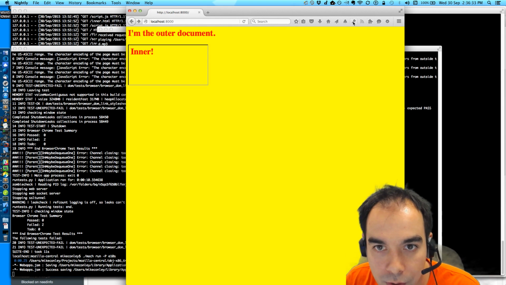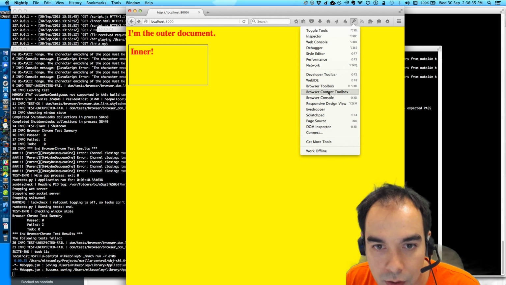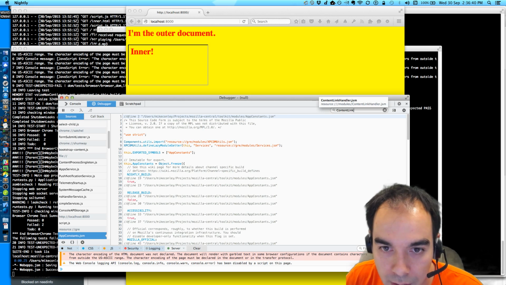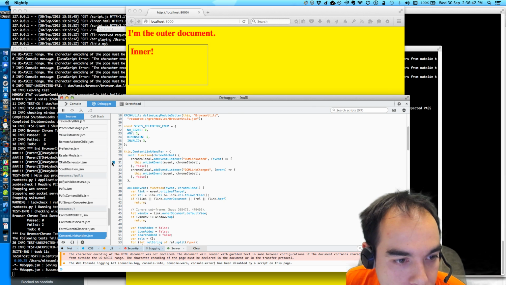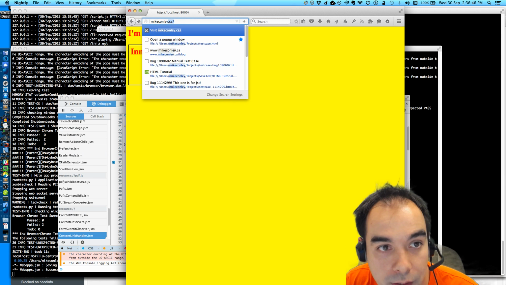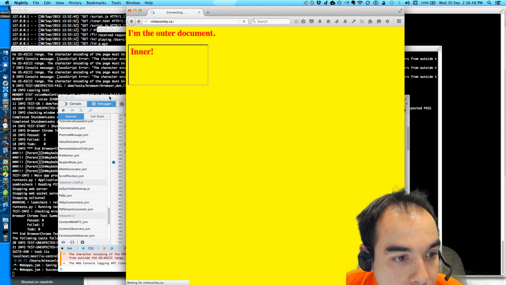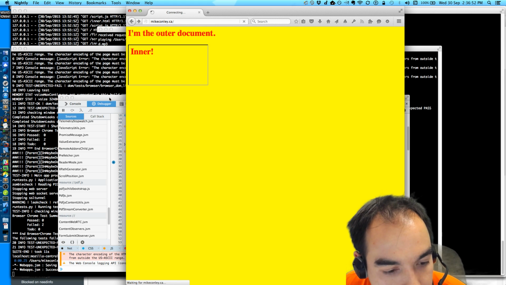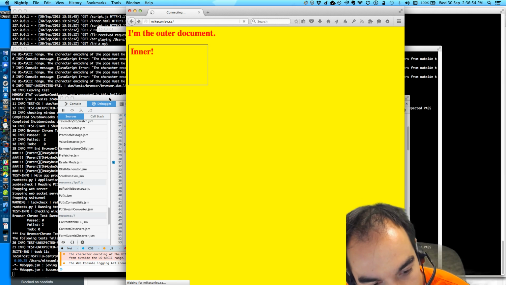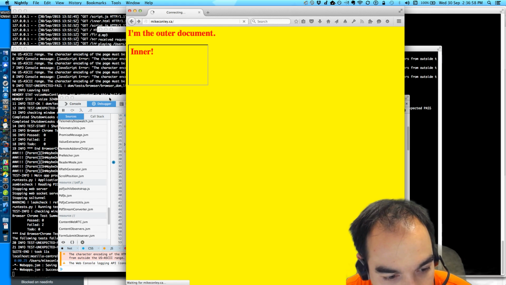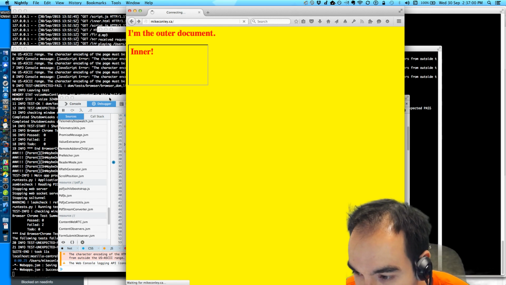Let me just double check. So, I'm going to go to another page. Content link handler. So, DOM link added, and we're going to go to mikeconley.ca. And my slow server is going to load this page.